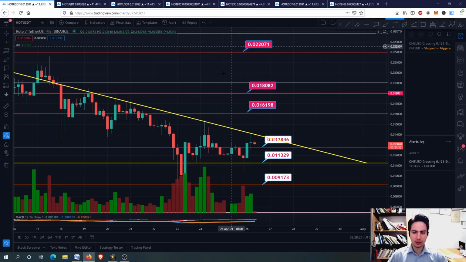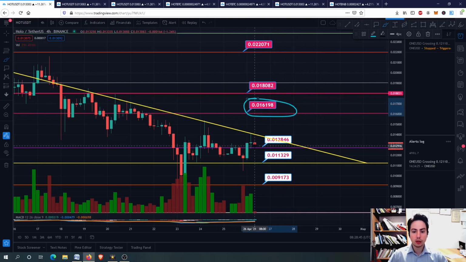So right now what we have here is our resistance lines, the red colored price labels, and of course our support lines. The resistance line I want HOLOCHAIN to break above is the 0.016. That's for the short term, these guys right here. And of course I want HOLOCHAIN to break above this price label. The next one I'm looking forward to is 0.018, and above this one 0.022 we will have a clear buying